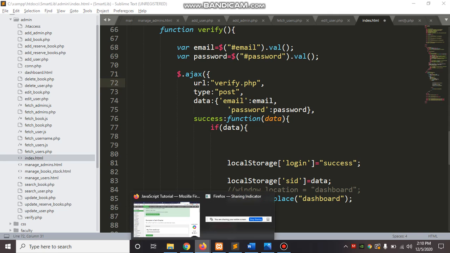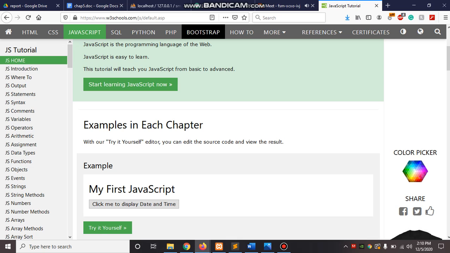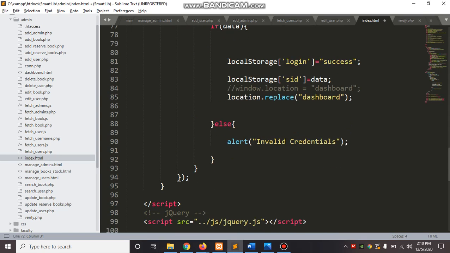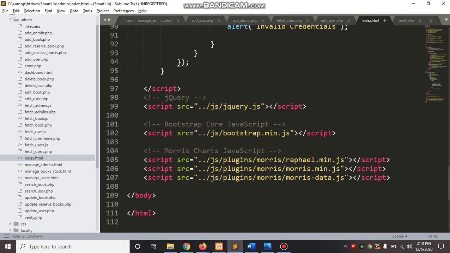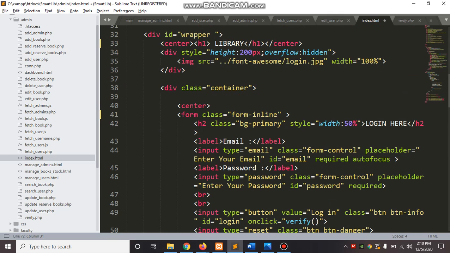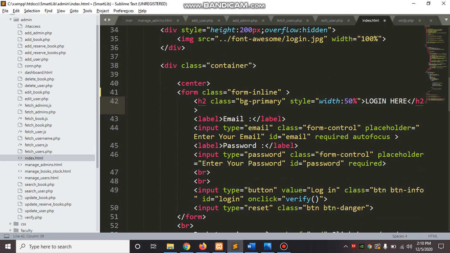Okay, and the next thing we are using is something called Bootstrap, and particularly we are using Bootstrap 4 right now. So what is Bootstrap? Bootstrap is a JavaScript and CSS library which makes it easier for you to style this. That means you don't have to completely use CSS to style this. If you see a few classes like form-inline, container, or bg-primary, where bg is for background, these classes are already there in Bootstrap. So if you need